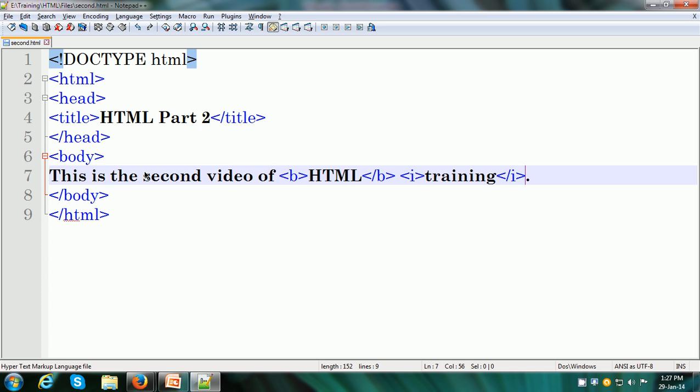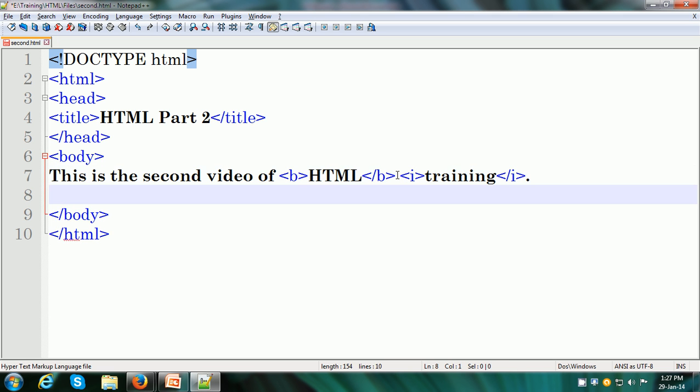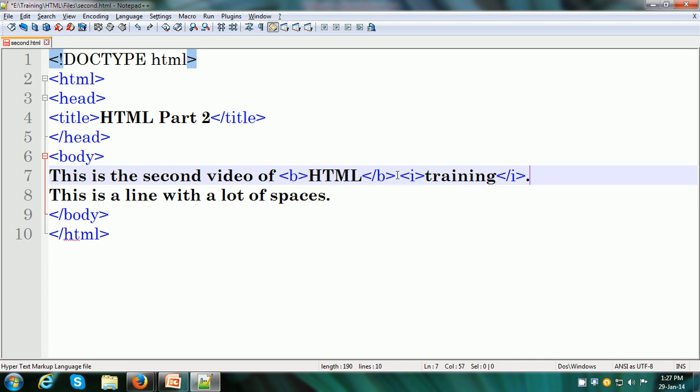Now what I'm going to do is, let us say between HTML and training I want to put some spaces, or let me put another line. So this is a line with a lot of spaces, and put a line break after the previous line. One thing about the BR tag is, since it is a self-closing tag, it does not require separate opening and closing tags.